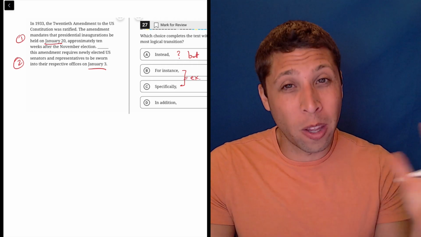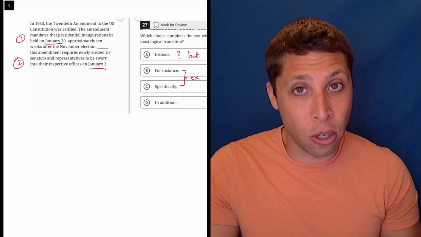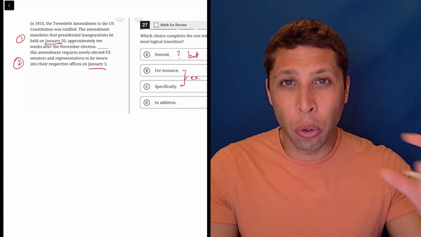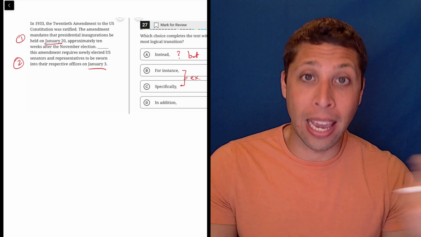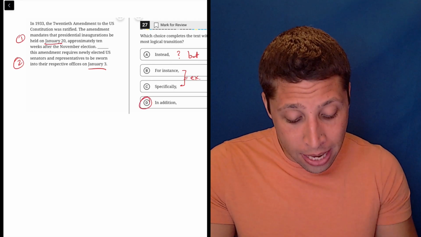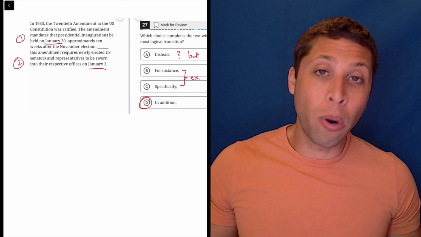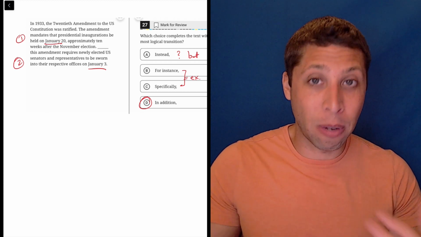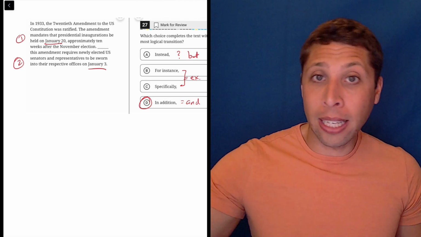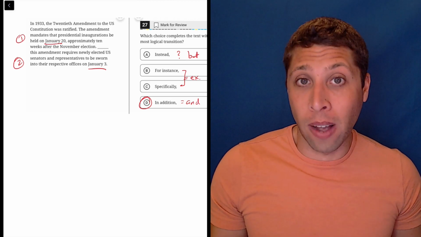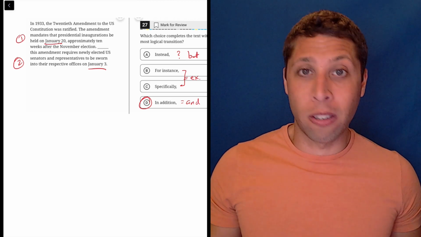Especially on the old test, we were able to do this, but even on the new one, we see sometimes that there are two words that fit the same category. We know that both of them are wrong because they can't both be right. That leaves D, "in addition," which is normally a word I wouldn't pick because it doesn't have much meaning at all. It just kind of means "and" or "also." But if everything else is bad, then a word like this is fine. Basically, this is a transition that doesn't transition at all.